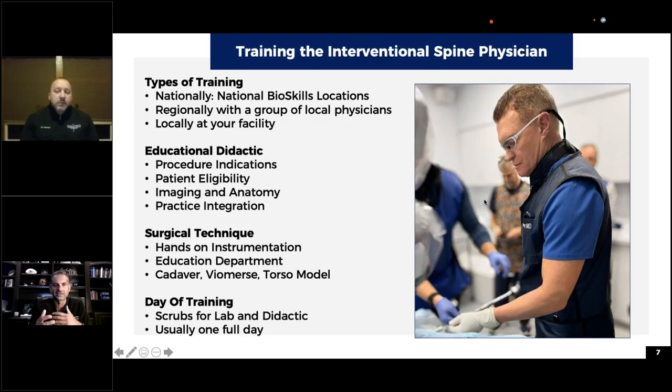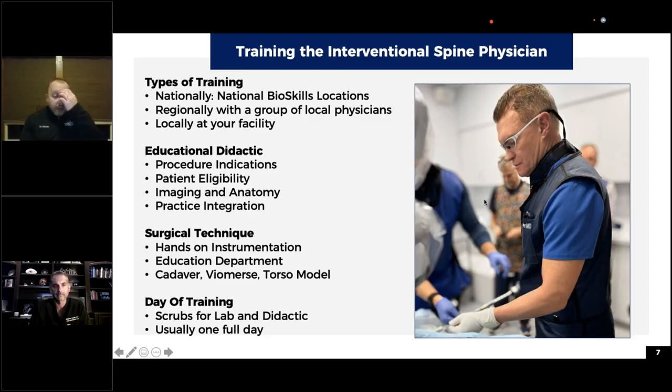But then later on, as these courses have evolved, and people like yourself and Jason Pope and me and Dr. Deere have been able to help develop those programs and curriculum, I think you can really provide pretty robust training in the span of a weekend, but there has to be some follow-up and continuity to it. So what are some of the things that you've seen where these bioskill labs really work, and when they don't work?